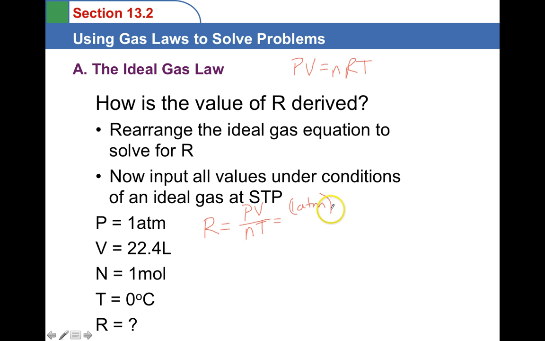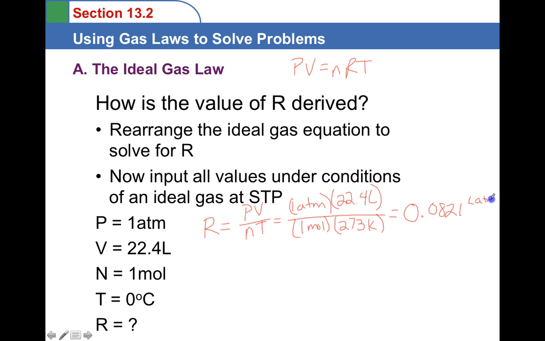Okay? Well, pressure is 1 atmosphere. Volume of a gas at STP is 22.4 liters, and it doesn't matter what the gas is. And n, number of moles, we're talking about 1 mole. Okay, and our temperature is going to be 273 kelvins. And what do we get for R? When you divide the 22.4 by 273, you are going to come out with 0.0821